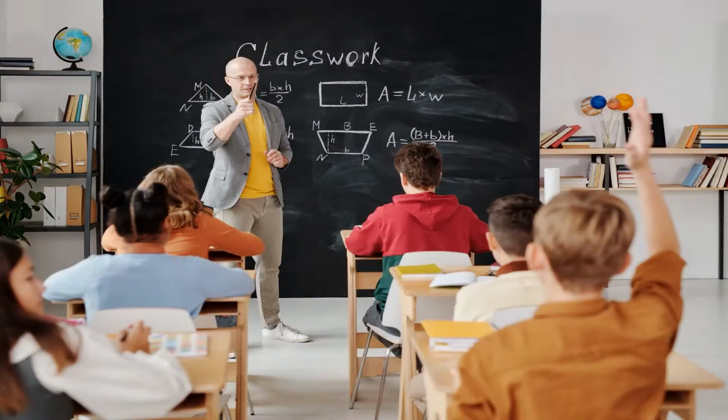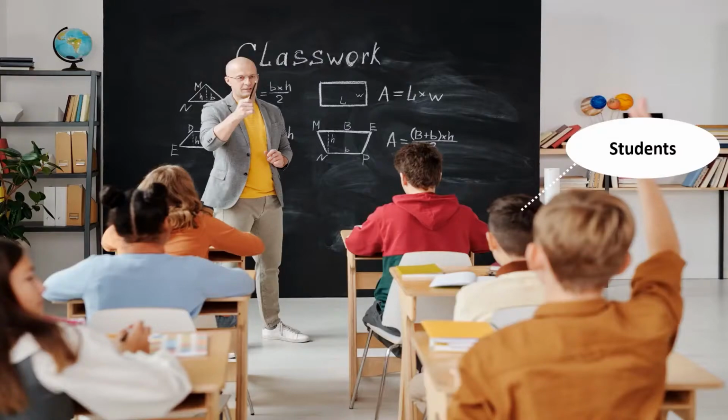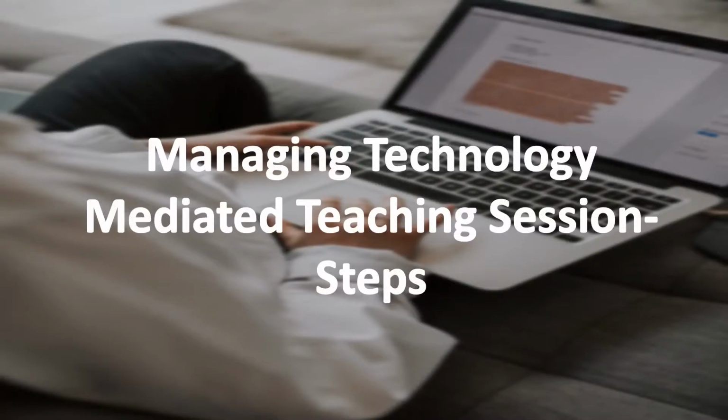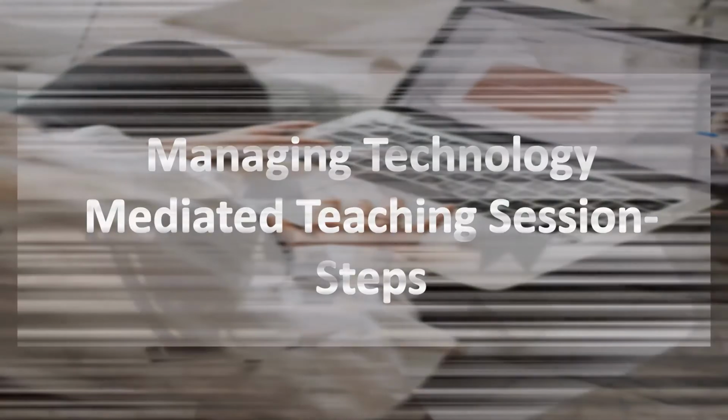Now, if you are talking about classroom management, the related factors include managing the students. Then there are factors related to teachers, the school environment also, and the different infrastructural facilities which are available in the classroom organization. So in broad terms, we can say management is related to students, teachers, and the school environment. When we are organizing technology enabled interactive communication, the steps that we can follow are